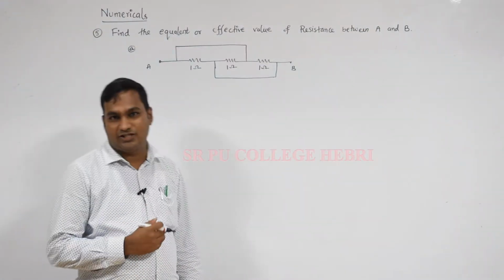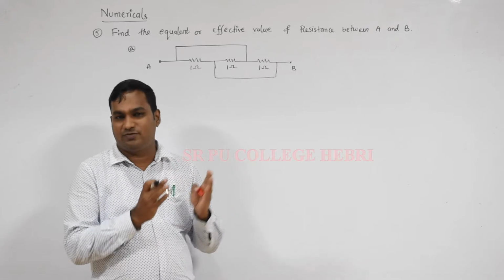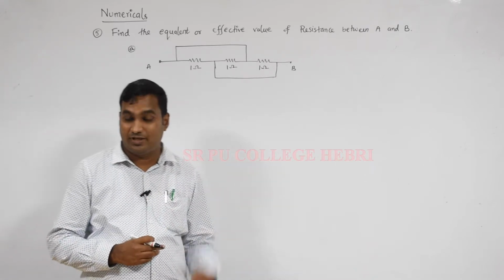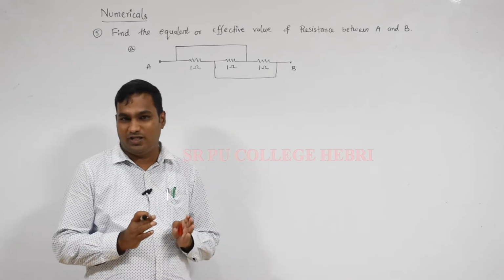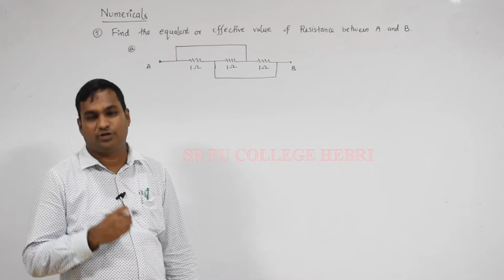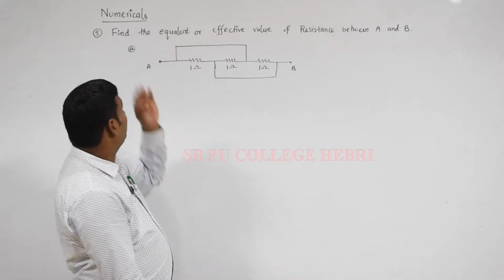Dear student, in our last video we learned four numericals. One is based on the series and one is based on the parallel combination, and the remaining two are based on the resistance variation with the temperature, as well as a question related to drift velocity and the time taken to take the electron from one end to another end. And next we'll discuss question number 5.